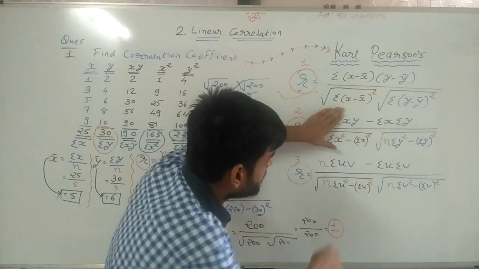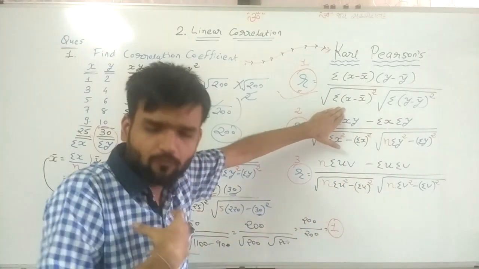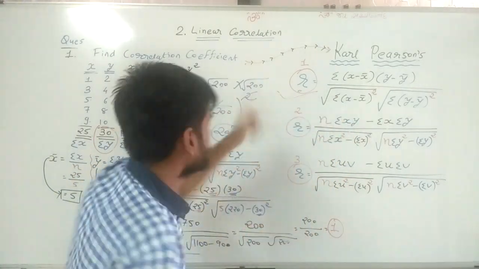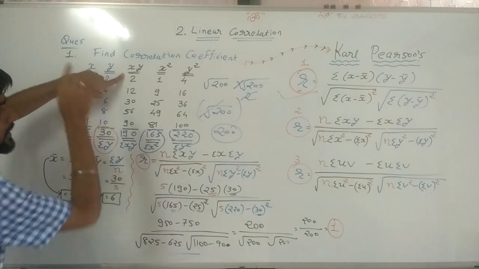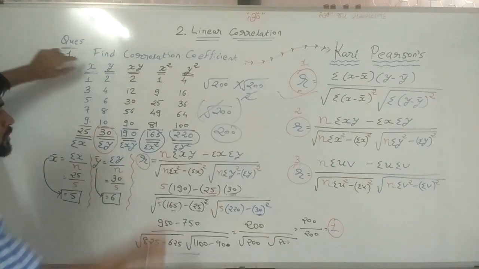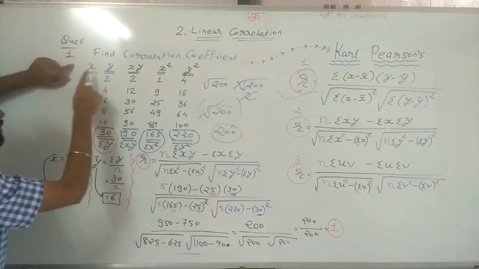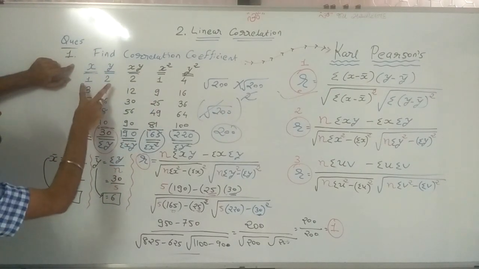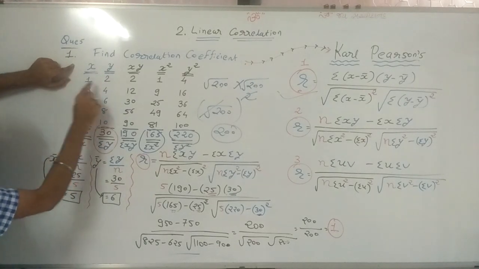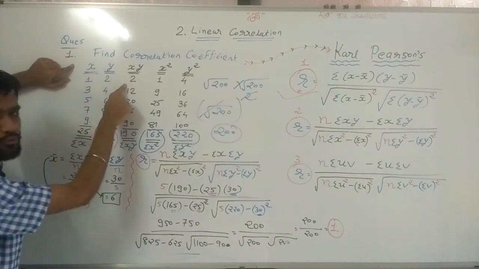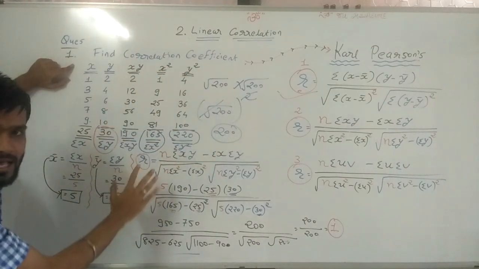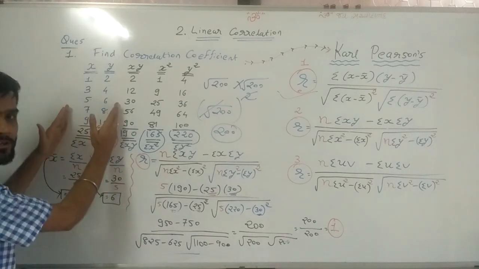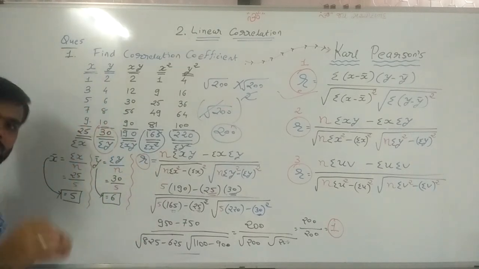So here first of all we need x into y, so my first column should be x into y. Here I have prepared xy. This is the x column, second is the y column, and then the multiplication of both. 1 into 2, answer is 2. Whatever is written in black marker is the answer, and what is written in blue marker is what is given in your question.